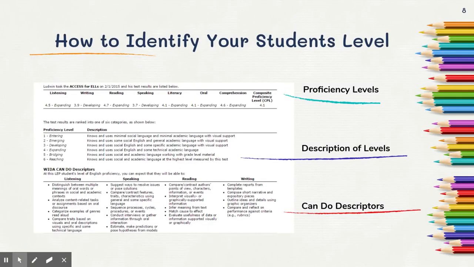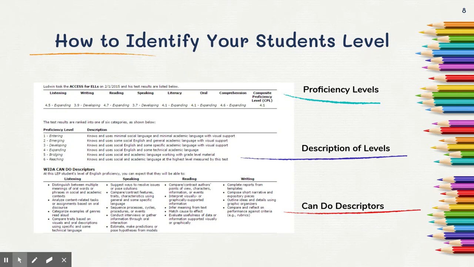This is an example of an EL plan that you can print or that you may receive. You can print this from Elevation, and just the different sections that will be printed out on there. At the top, we've got the proficiency levels. You can see that the composite score in this example is a 4.1, which is not quite proficient. That would be 0.7 below exiting. And then we've got the language used at different levels there.